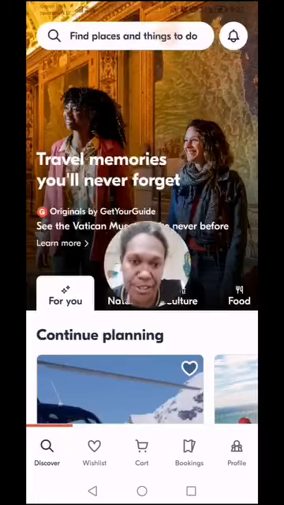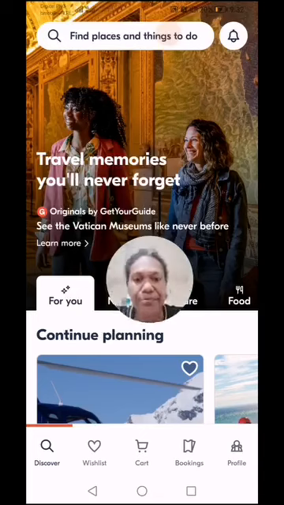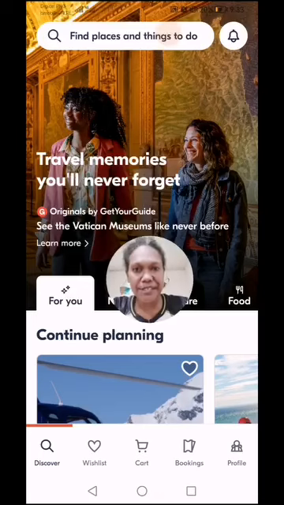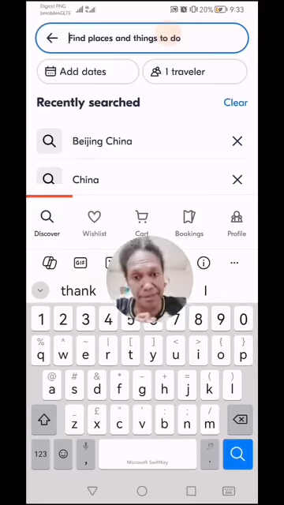Once you can access GetYourGuide through Chrome or through Google to visit the website, or you can download the application on your phone, create an account for yourself, and then you can use it to pre-plan your trip's activities. Alrighty, so let's say you have purchased tickets to visit New York in December.